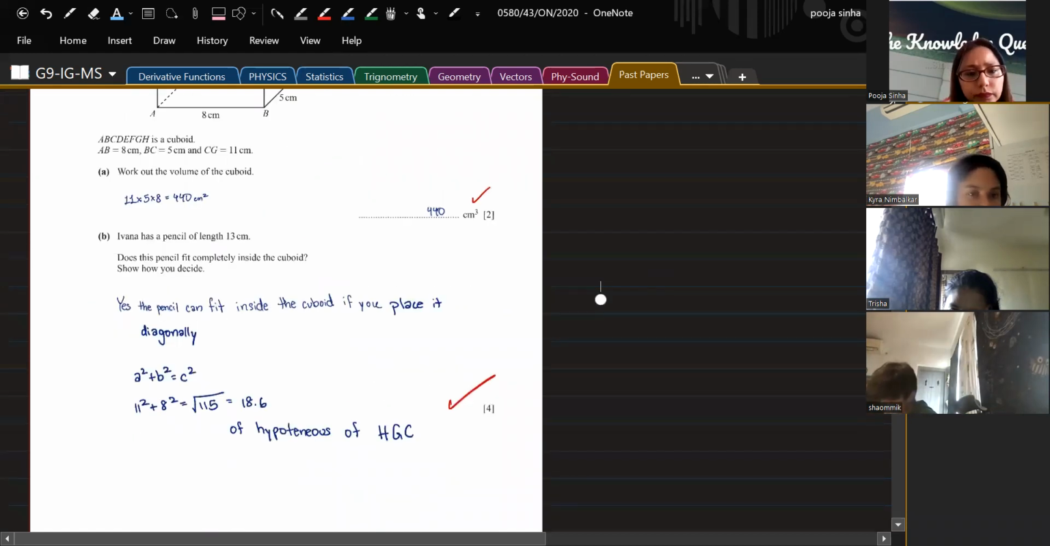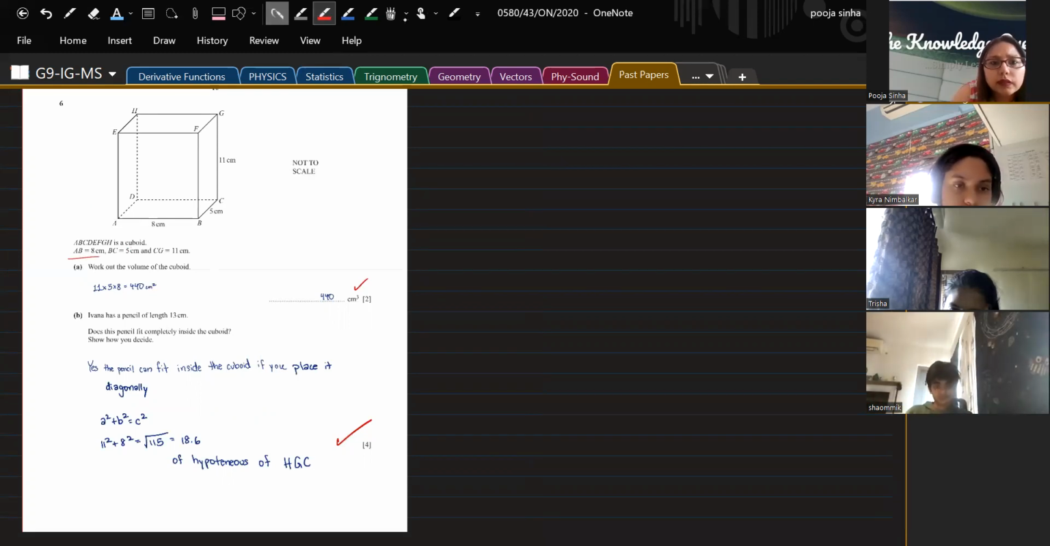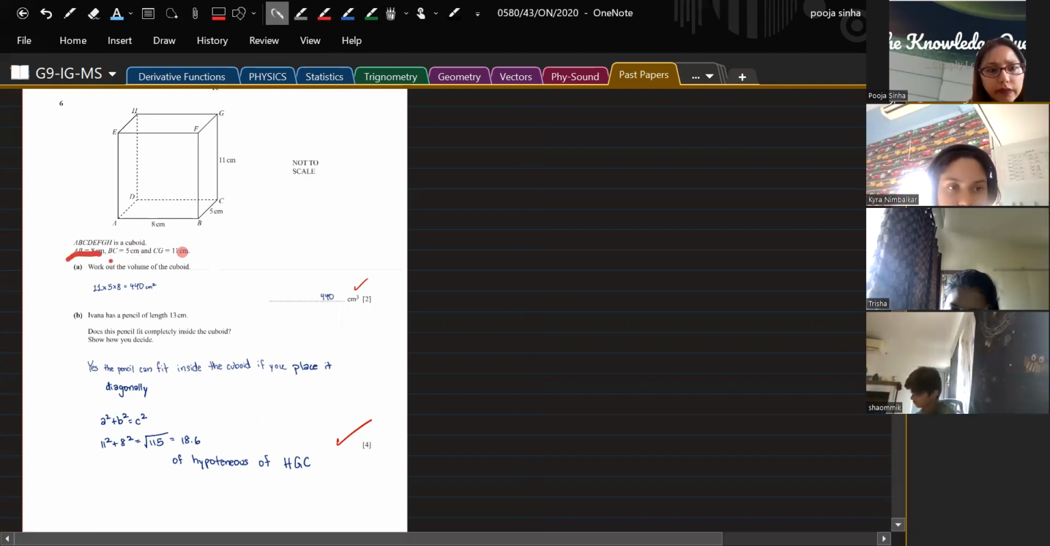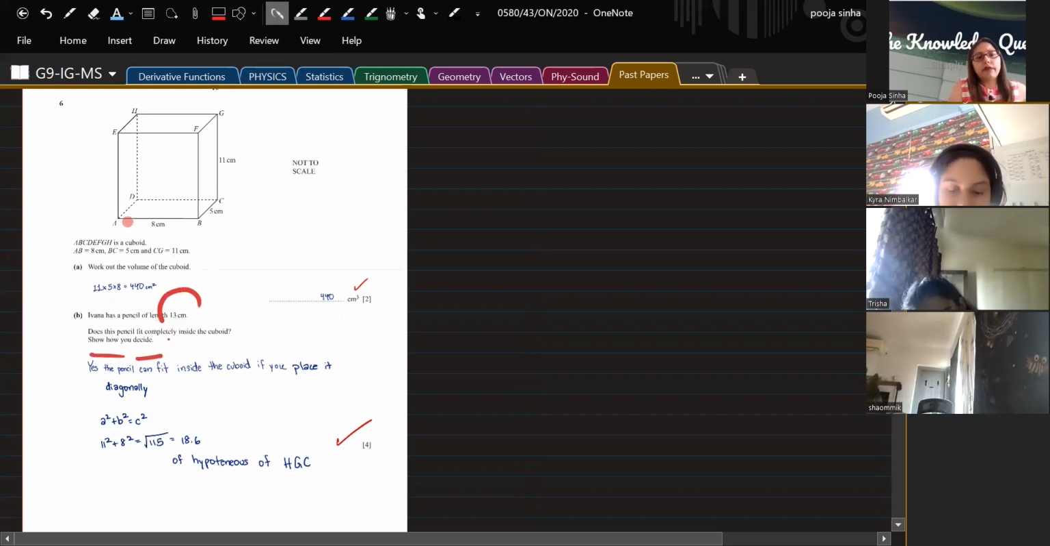This one? Yeah. Okay. A, B, C, D, E, F, G, H is a cuboid. AB is equal to 8. BC is equal to 5 and CG. So AB, BC and CG are all given. Work out the volume of the cuboid. Ivana has a pencil of length 13 centimeter. Does the pencil fit completely inside the cuboid? Show how you decide. The pencil is 13 centimeter, so if I keep the pencil in this way, it won't fit because